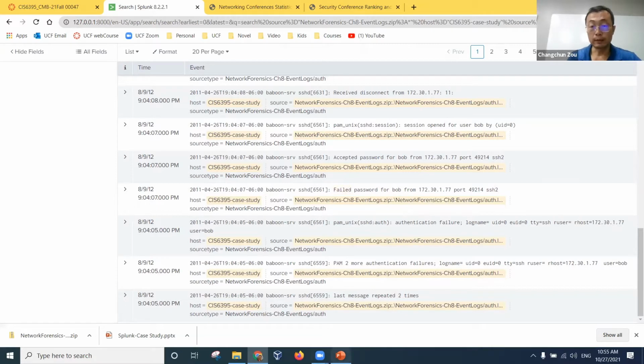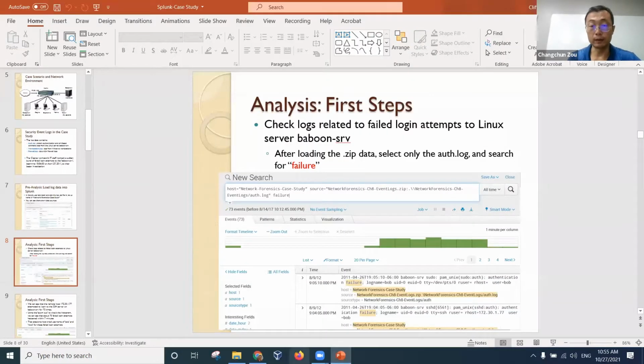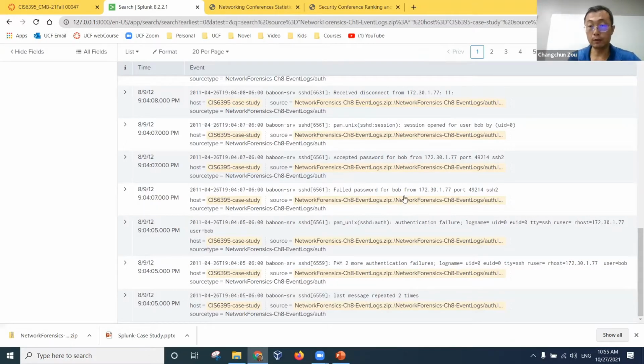So the slides show you can search for failure, but you can either search this authentication failure, or you can search this failed password. This is accepted password. This is failed password. Accepted password means the Bob account has logged in successfully because the password is accepted. So if you check,